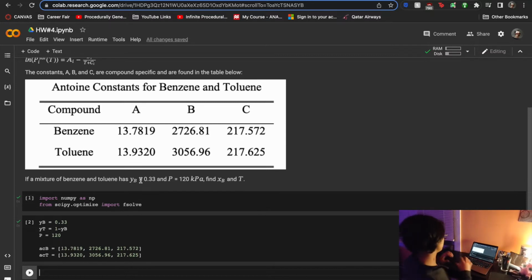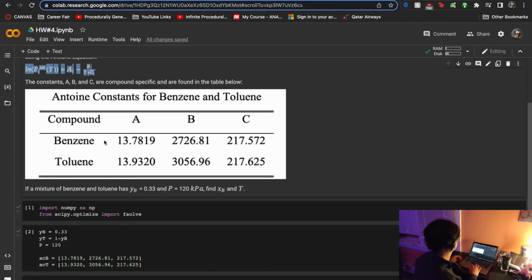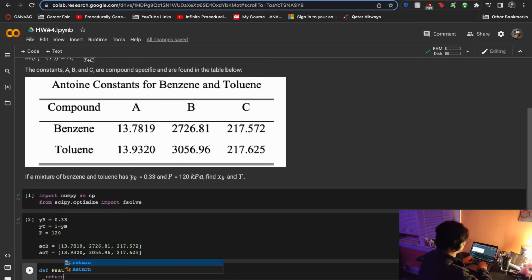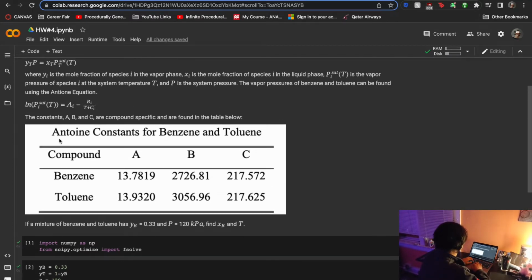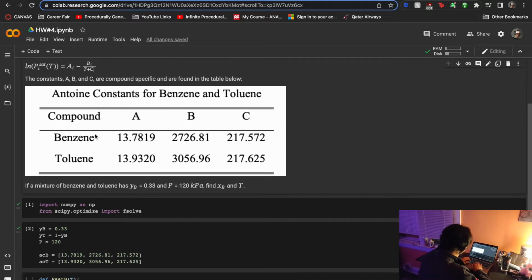Now, the first thing I want to do is actually calculate the saturation pressure. So I'm going to write that down as a function. I want to write this particular equation as a function. First, let's do that for benzene. Define P saturation of B, and we'll take the temperature as the input. And what we want it to return is, if I take this natural log to the other side, it's going to become e raised to the power of this whole entire term. So what that looks like is